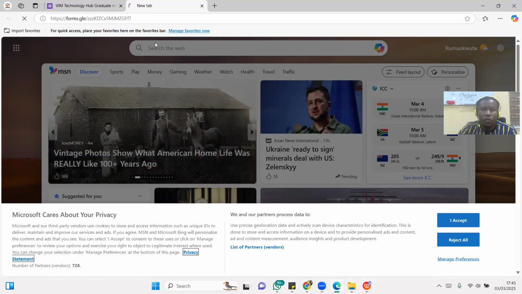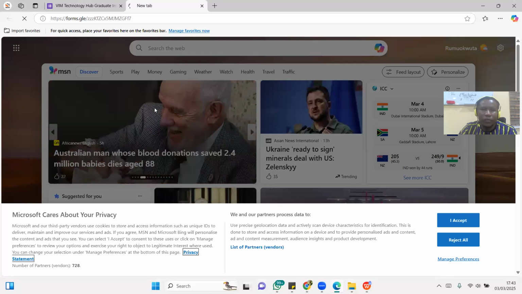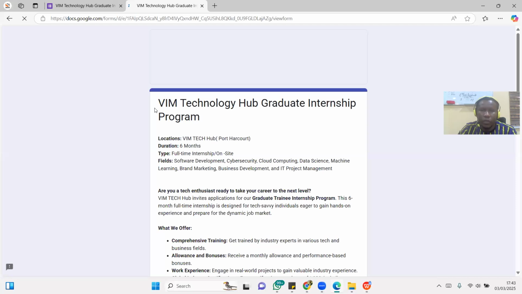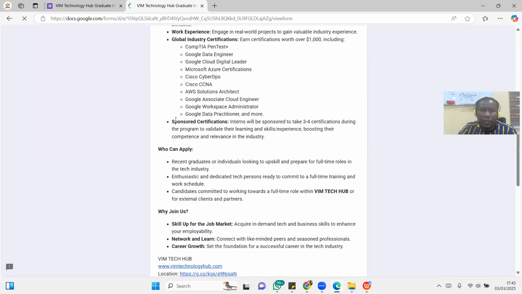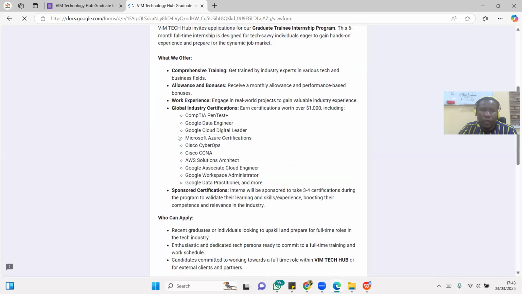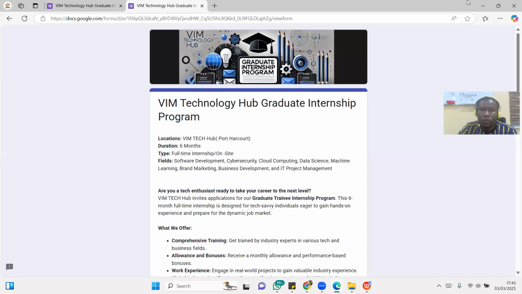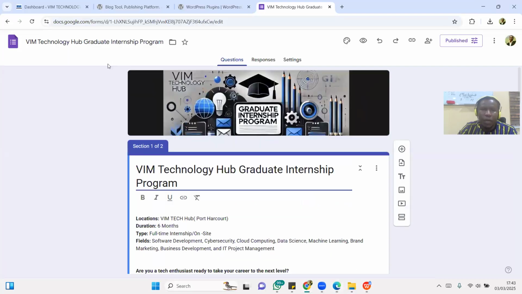Let's say you have a Google form like this, and you want to embed it on your website so that people don't go outside the website to fill the form. So if you have a Google form like this, this is just a recruitment for a graduate internship program. If you have a form like this and you want to embed it on your website, what do you do? Now, if you're the owner of the form, you are going to have this option to